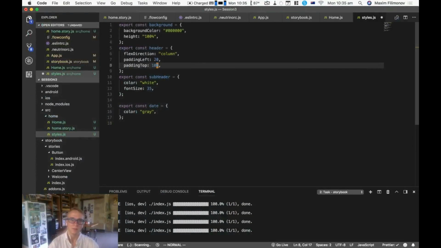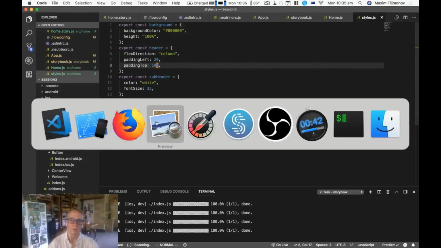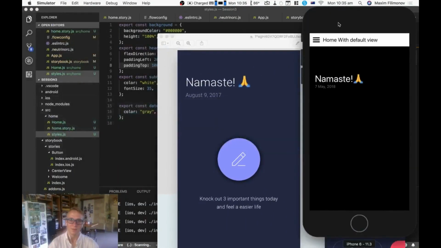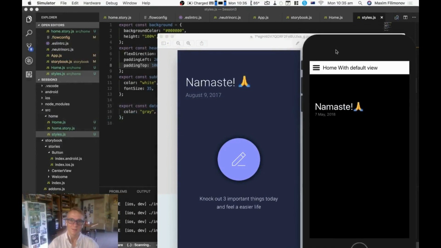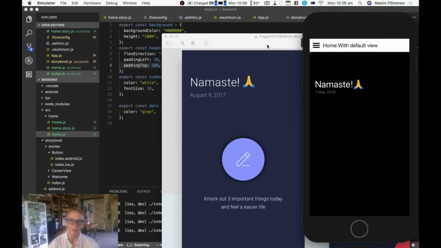Maybe even 100. Okay, I would literally need to like have them side by side like this. And that's where the screen starts, right? So you can roughly then